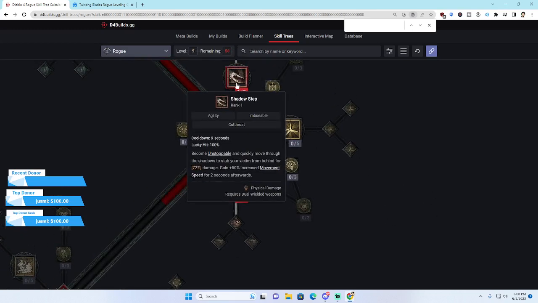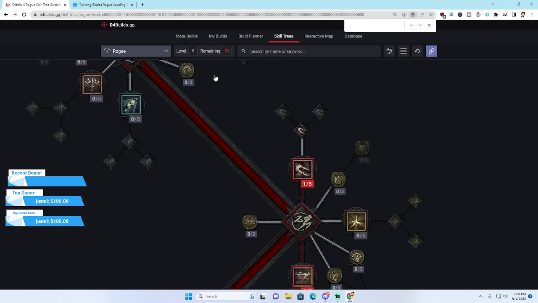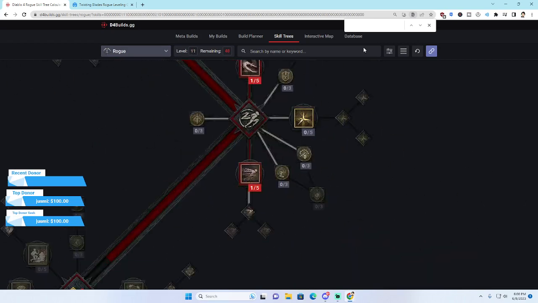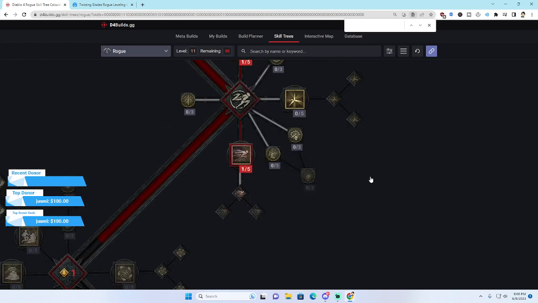Then we're going to grab Shadow Step. This is going to be for mobility and to give us movement speed. You become unstoppable, which is amazing because it makes it where you can't be CC'd. And then we're going to go back up here. We're going to throw 2 points into there. And then we are going to throw 1 point into...